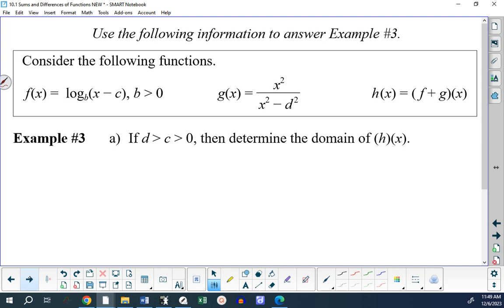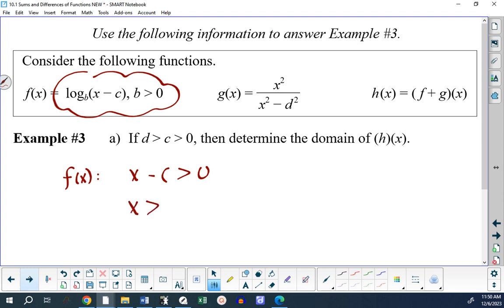And you're asked for the domain of the sum of the two functions. So what this boils down to, everybody, is what is the domain of each function? Let's start off with this function and recognize that for f of x, x minus c must be greater than 0, which means x has to be greater than c. We don't know what c is. There's some number, it's where the asymptote is, that x must be greater than. Let's just park that. On the other hand, g of x